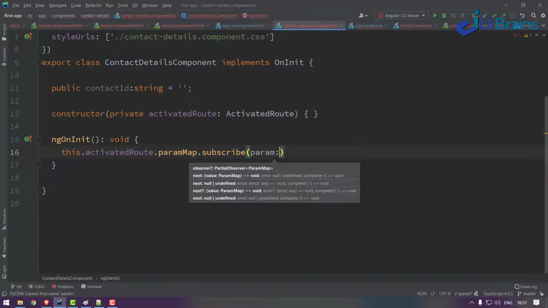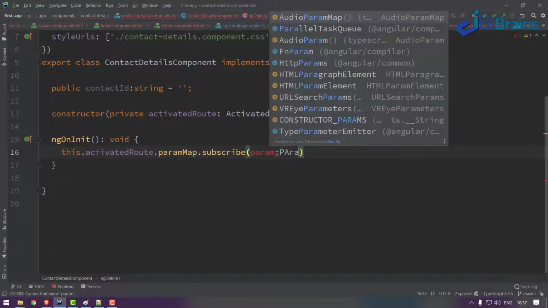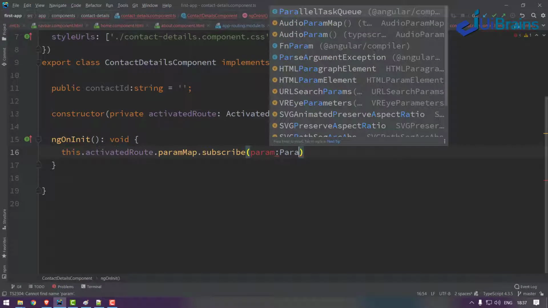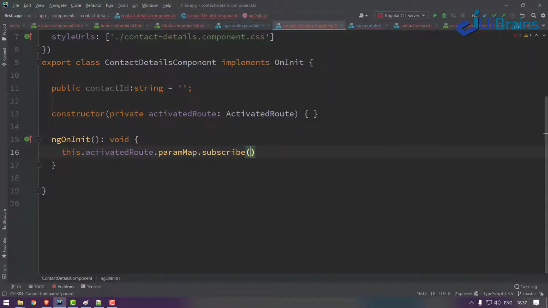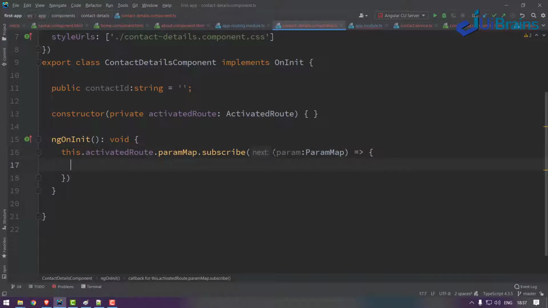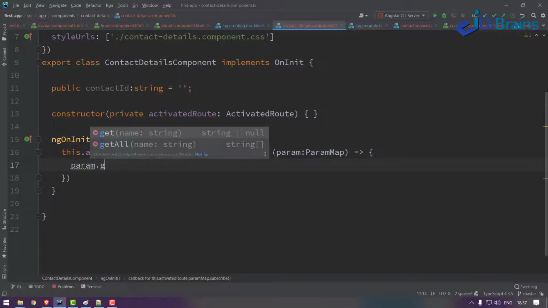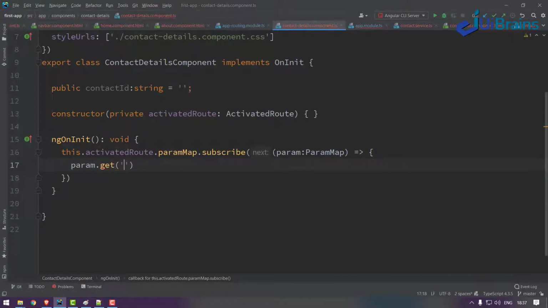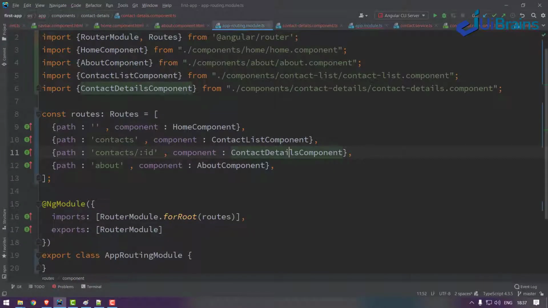So paramMap, subscribe, you have a function for fetching it of type ParamMap. So you get param.get of what is configured over there, id.